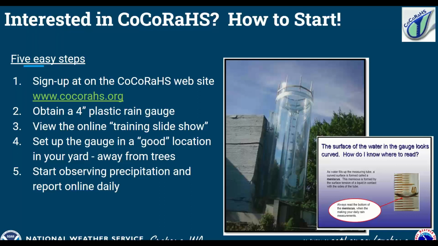So everybody's using the same type of rain gauge. There's some training slides available, but I'm going to step through some of this during this one training session right now. You also need to find a good spot to put your rain gauge. And then when it starts raining or snowing, you just start giving the reports.